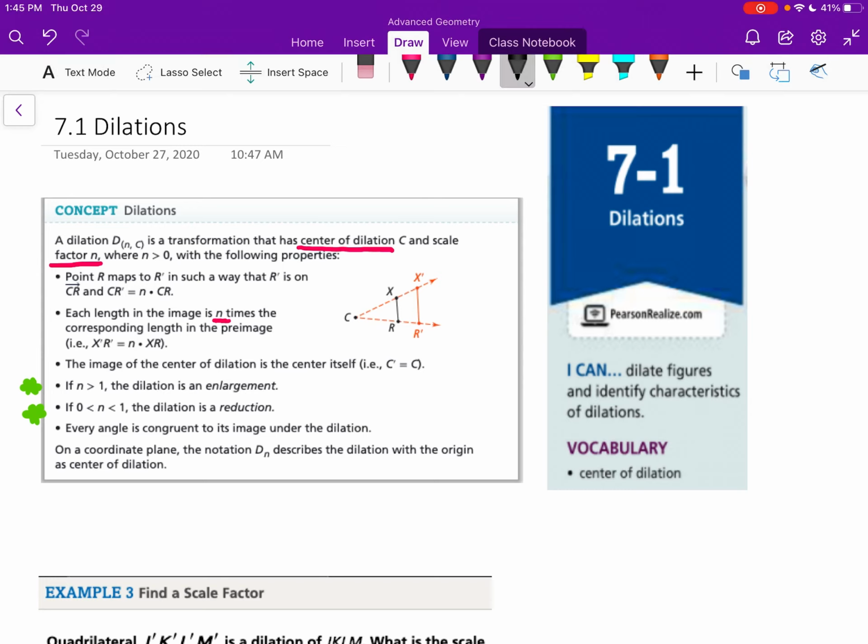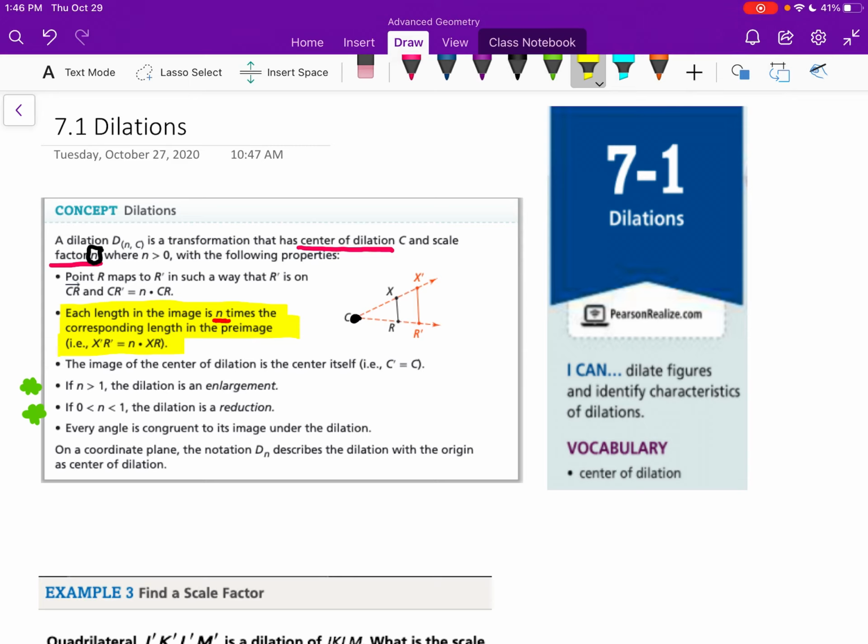ideas of dilations. A dilation is a transformation where we have a center of dilation and we have a scale factor, and we use n to represent that scale factor. And that scale factor represents how the shape changes. So we have this little diagram here, and some big takeaways is that each length in the image is n times the corresponding length in the pre-image, aka we multiply by that scale factor to either enlarge or reduce that